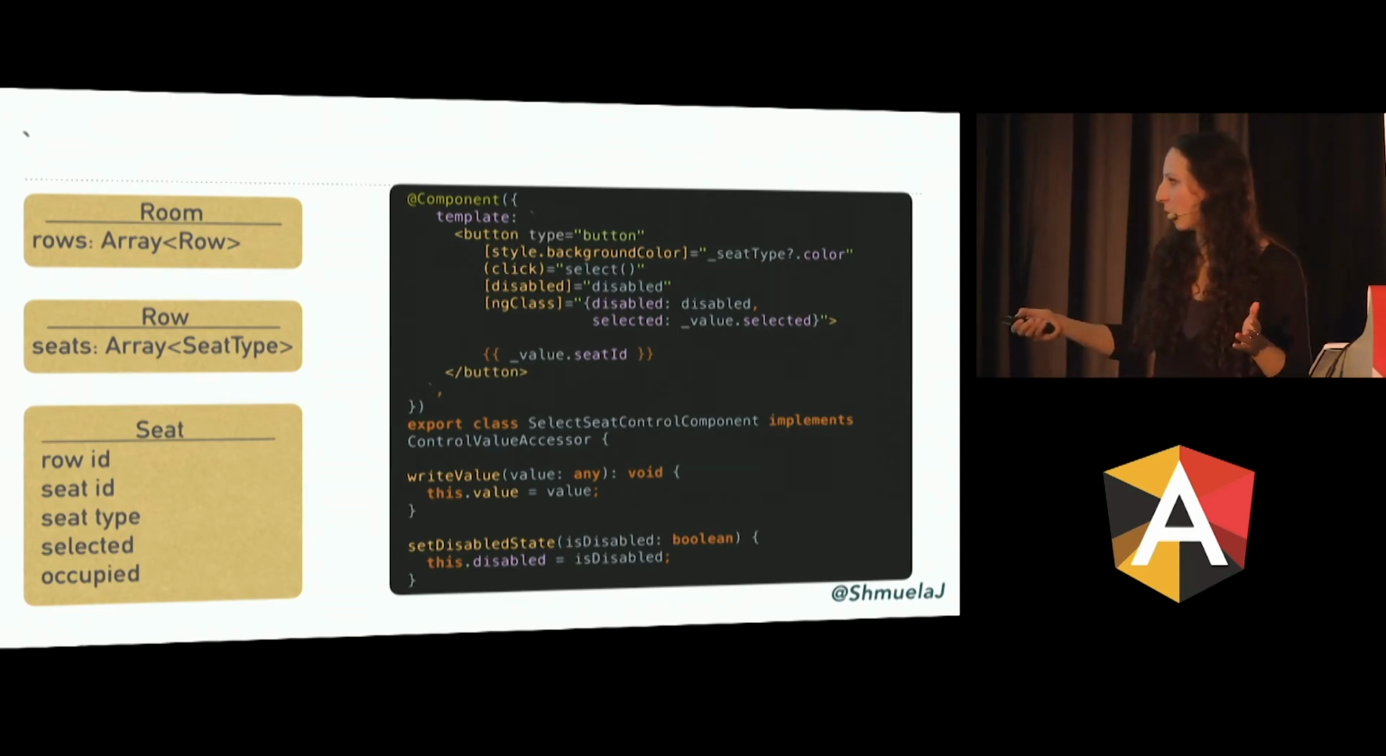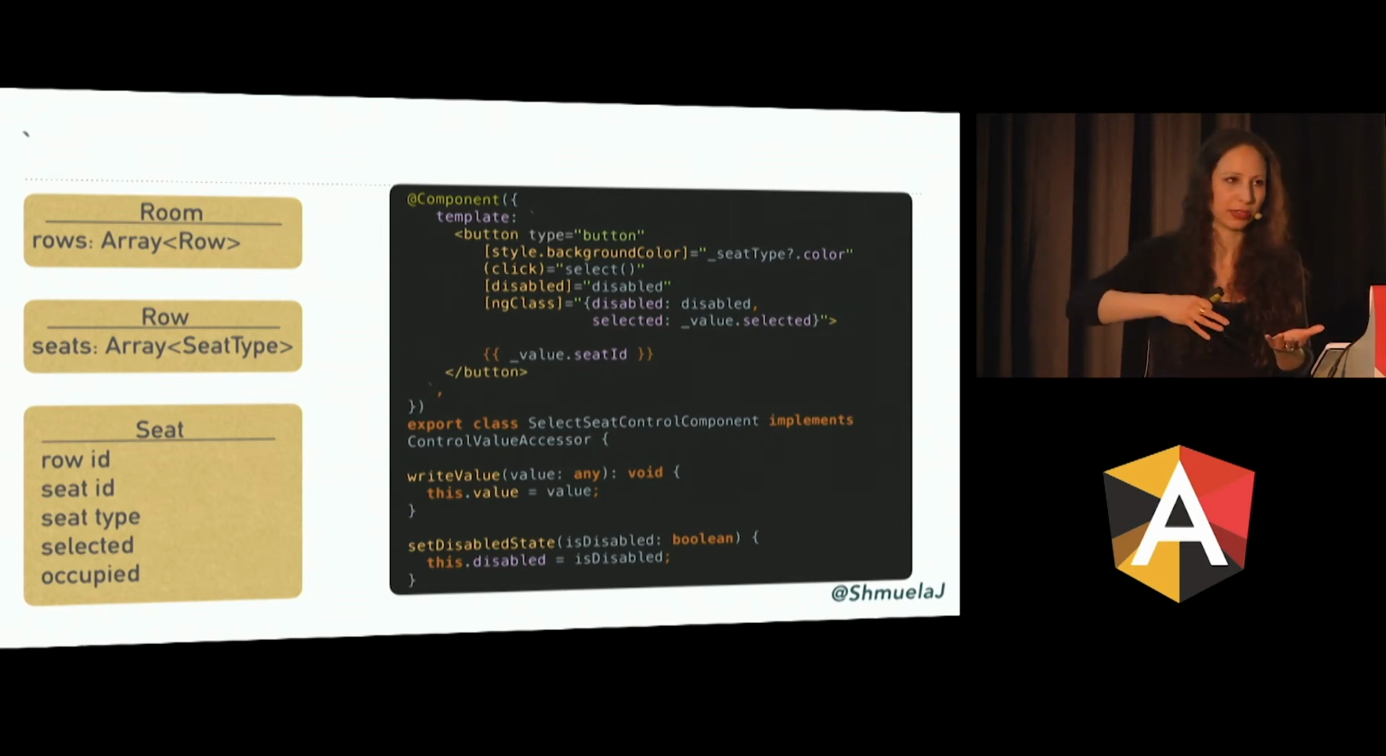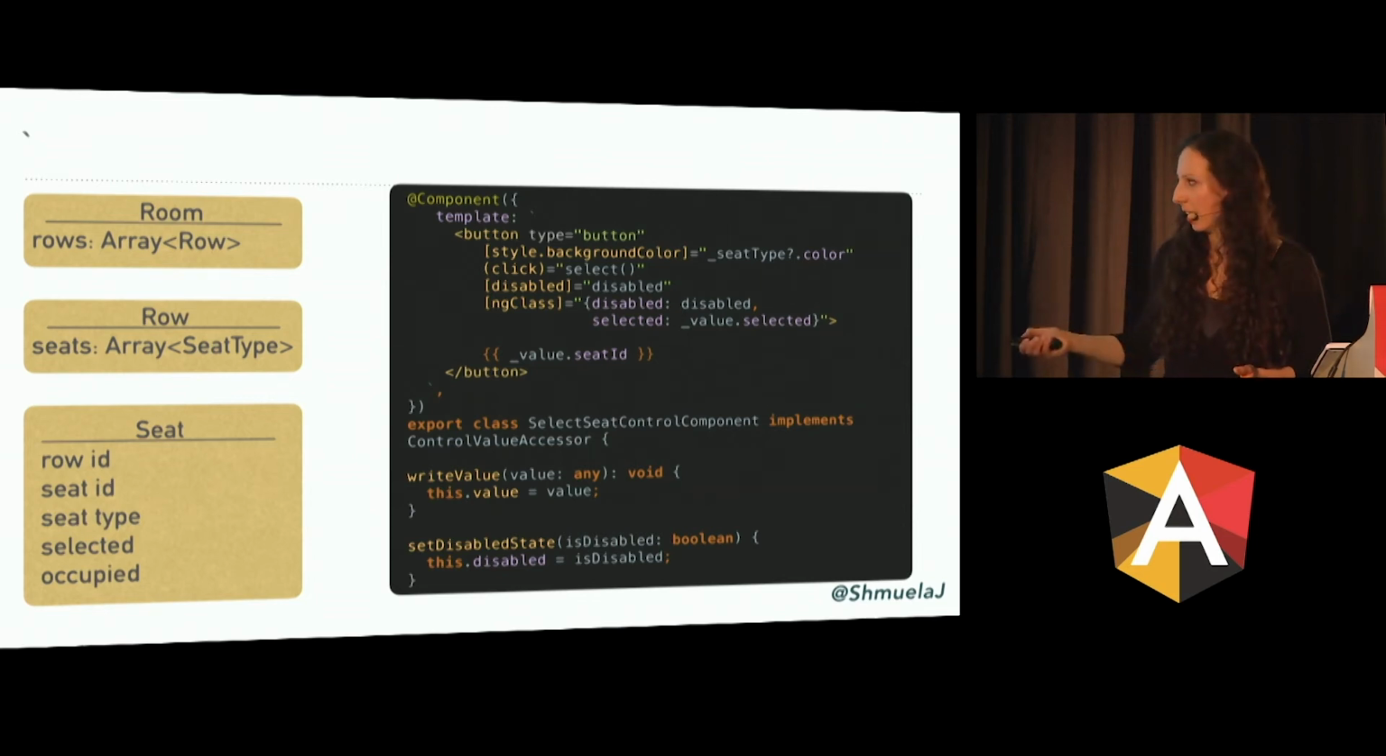So writeValue is called whenever the user changes the value, or programmatically you want to change the value with setValue. You need to take whatever you get and do something with it. And when it's disabled, I'm passing it here to the class and also to the disabled property here. Now I chose to